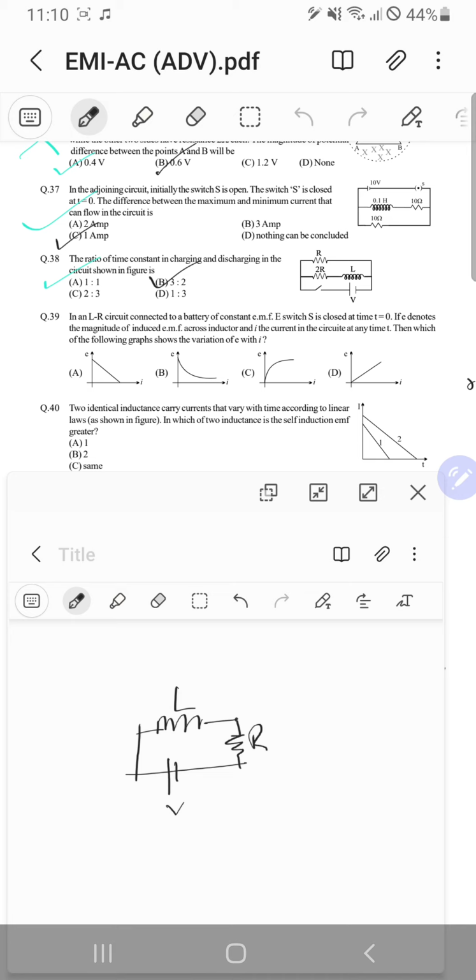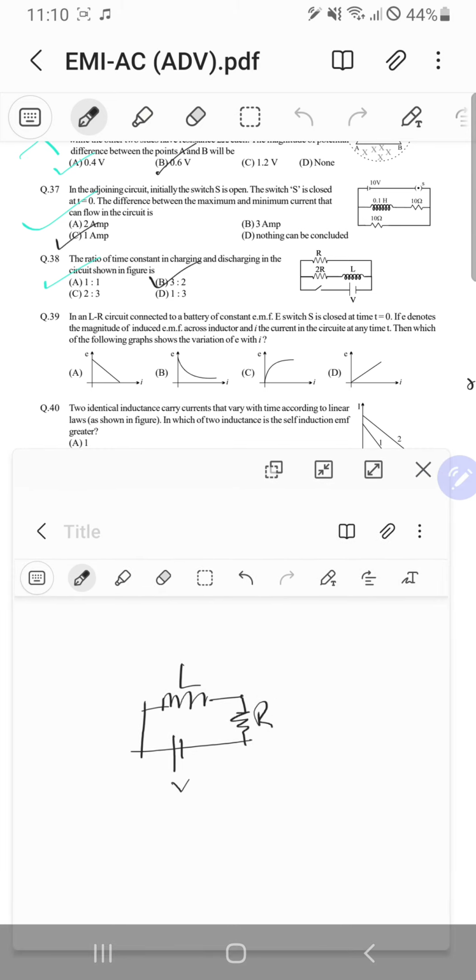If E denotes the magnitude of the induced EMF across the inductor, like a voltage drop, and I the current in the circuit at any time t, then which of the following graphs shows the